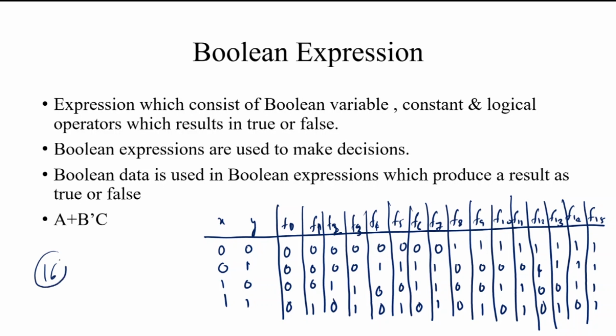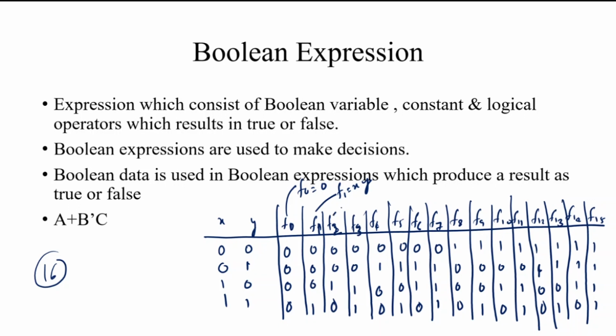Now the question is, what are the values and how do we obtain them? For f0, f0 is equal to 0, meaning whatever the values of x and y, whether 00, 01, 10 or 11, the output is always 0. What is this combination? This is nothing but AND, so f1 is written as x into y, meaning only when the inputs are 1 1 is the output high. In the rest of the cases the output is low.